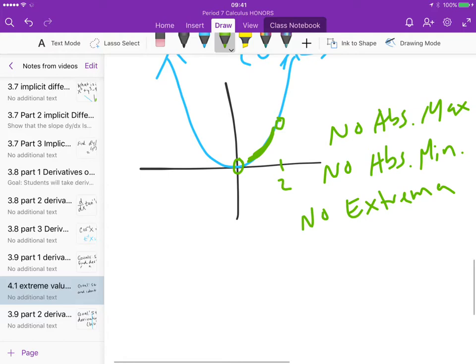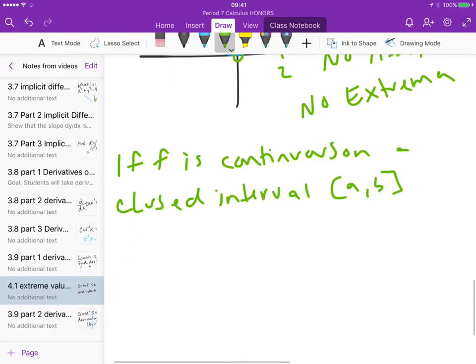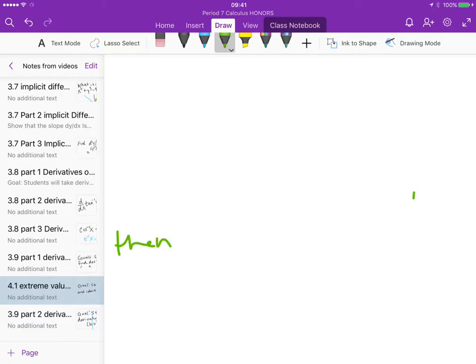So let's talk about the extreme value theorem. Now, it's nothing that we haven't really talked about in the past, but it's something that we need to recap a little bit. So the theorem says if f is continuous on a specific closed interval, most textbooks use the interval as a comma b, so we'll keep that consistent. If we have a continuous function f on a closed interval [a, b], then we can say